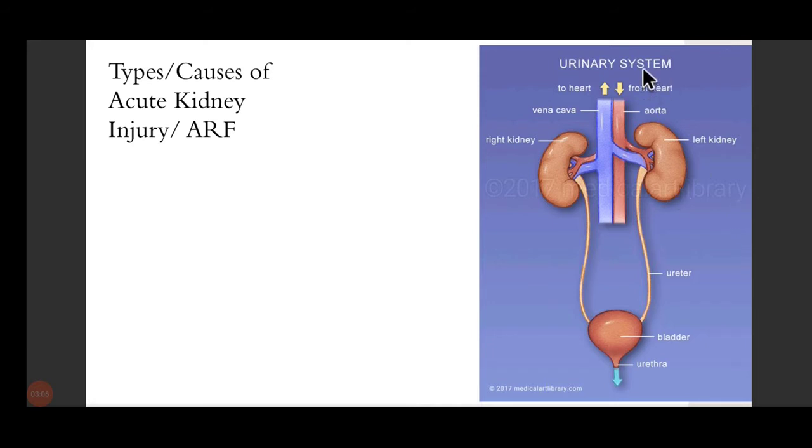You can see the urinary system, blood supplying from the abdominal aorta, and the venous drainage from the renal veins into the IVC. So the causes or the types, as we classify acute kidney injury, could be